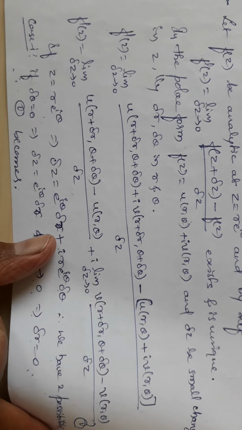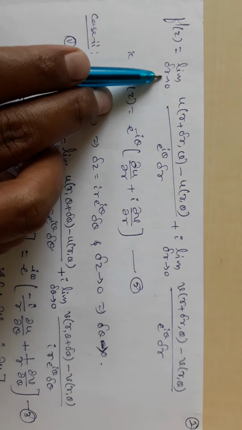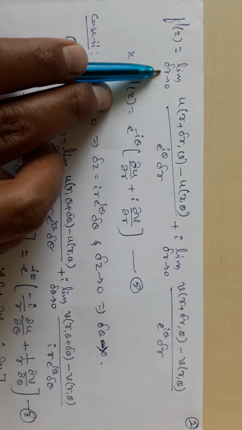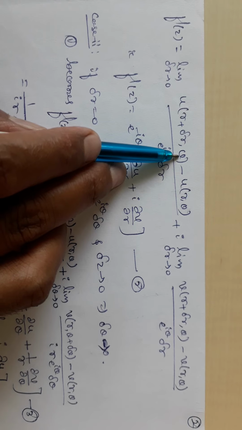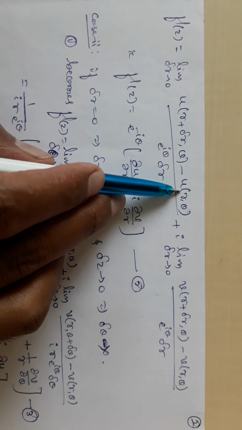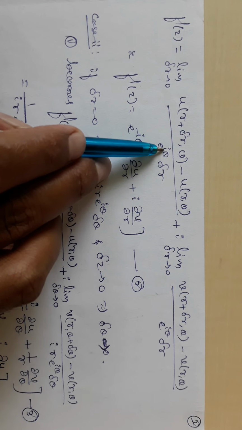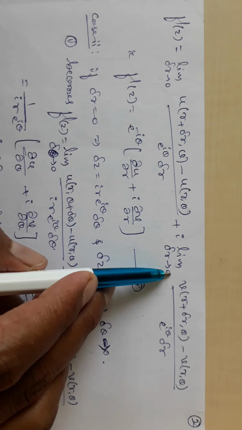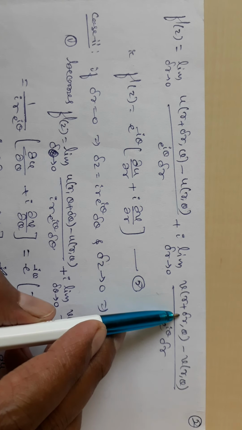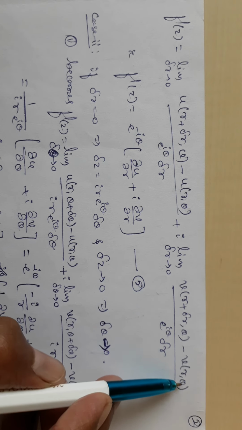Therefore, equation number 1 becomes f dash of z equal to limit delta r tending to 0, because delta z is e to the power i theta into delta r, of u of r plus delta r comma theta, here delta theta is 0, minus u of r comma theta, divided by e to the power i theta into delta r, plus i into limit delta r tending to 0 of v of r plus delta r comma theta minus v of r comma theta, divided by e to the power i theta into delta r,